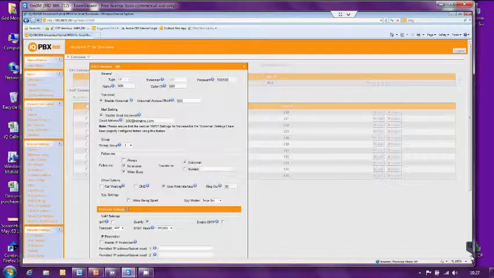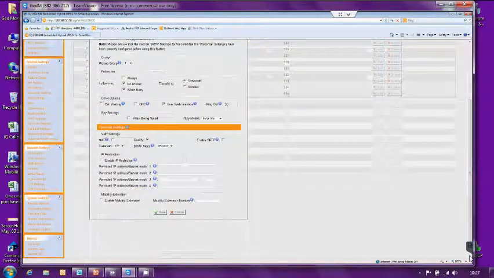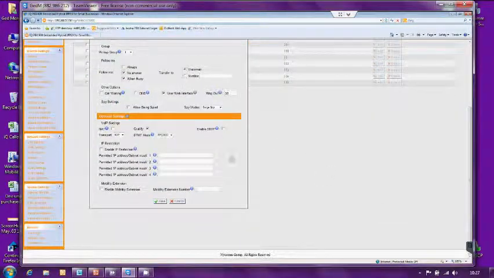We look at optional settings. We have a couple of optional settings here to do with the VoIP side, where we can change the NAT settings, the NAT traverse settings. We can enable IP restriction, and if we enable IP restriction, we can input IP addresses and subnet masks in here, and only those details entered will be allowed to register as this extension. So useful for a remote worker or hot desking,